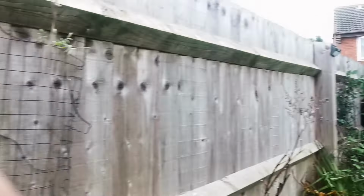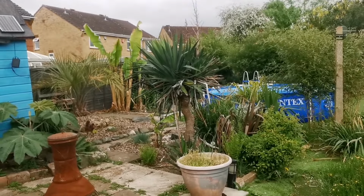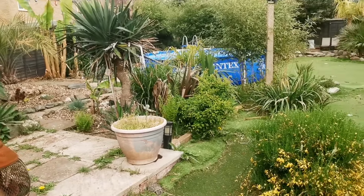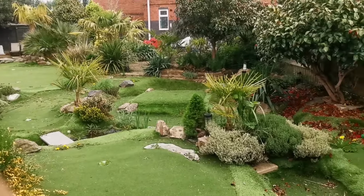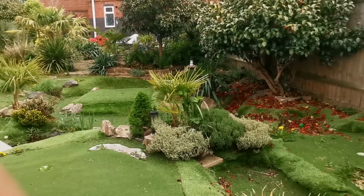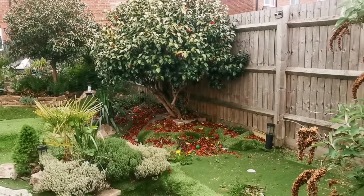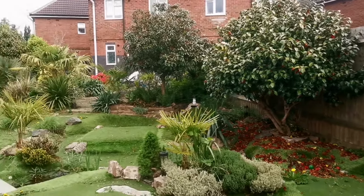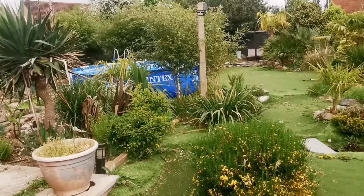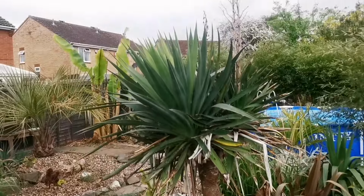What we'll do is pan this way and we'll head down towards the jungle area of the garden. I'll just quickly pan over the mini golf course here, guys, and as you can see, the palm is doing absolutely fine. Again, the leaf litter from the camellia underneath the tree there, unfortunately, something we do need to clean out. And again, as mentioned, that is part of the trade-off that you're going to get with some of the larger flowering trees. Just coming into here, guys, quickly to show you, you've got one of the large yuccas